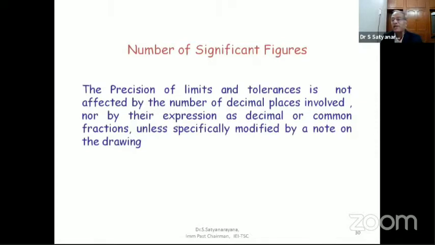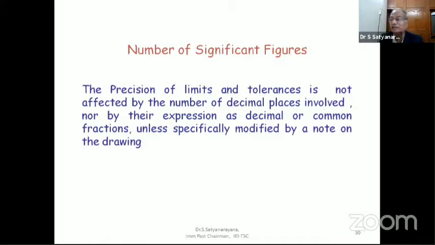And in old drawings, particularly different drawings, we used to see a 4.00 dimension with a number of zeros. When I was in ECL also, ECL used to follow: for a single integer, the tolerance is this much; for 4.0, the first decimal, the tolerance is this much; for 4.00, the tolerance is this much; for 4.000, the tolerance is this much. This kind of controversy is not there today. The number of decimal places does not play any important role as far as the tolerance is concerned.